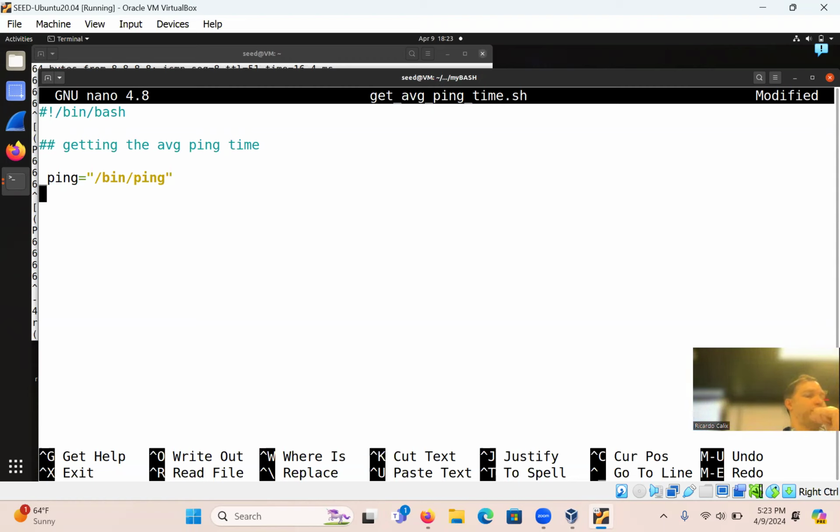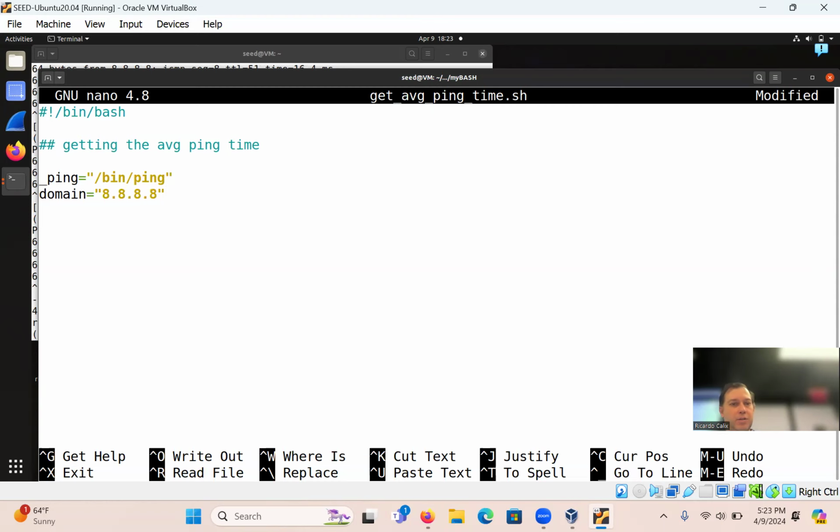And then we need some kind of a domain. Ping will work with an IP, I think. So let's just do 8.8.8.8 for now. So domain equals 8.8.8.8, right?